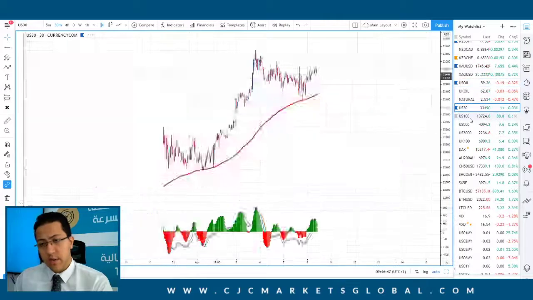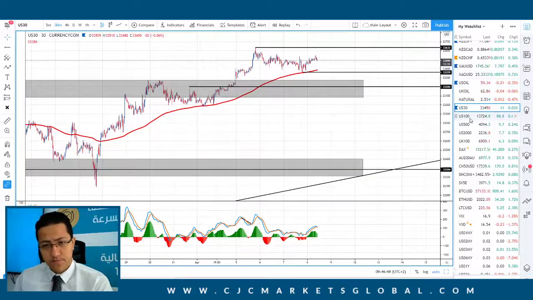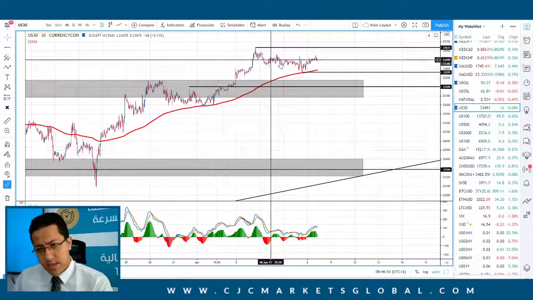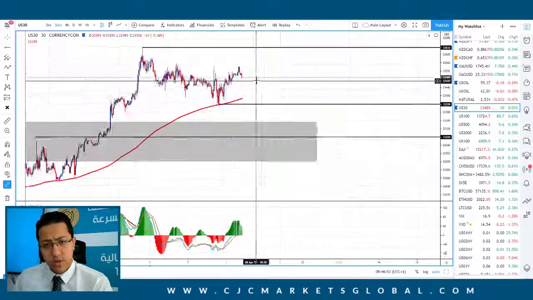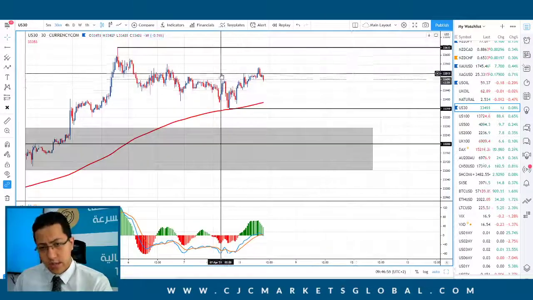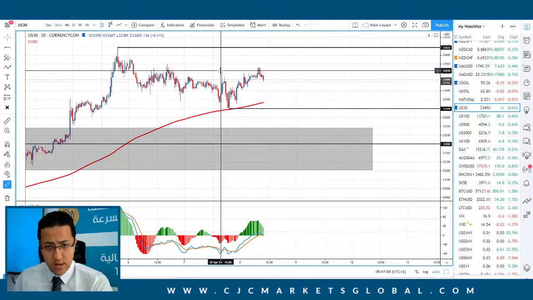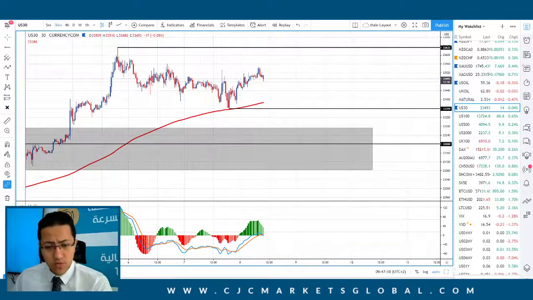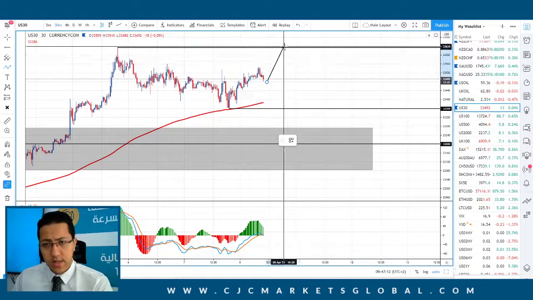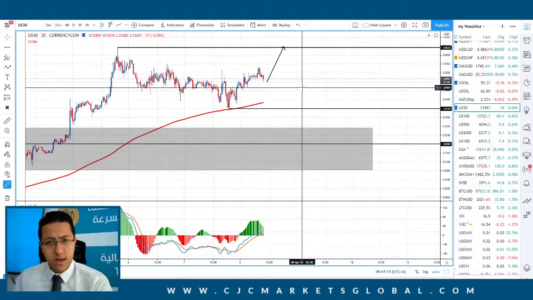The last thing that we're having is the Dow Jones. We are still in the corrective phase. However, on the 30 minutes time frame, we can see that we did have a new higher high. It's a slightly higher high than the previous one, which might be an indicator that we did finish the downward correction on the Dow Jones. What we are expecting right now is a move to the upside to retest the highs of 33,630 points on the Dow Jones.